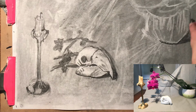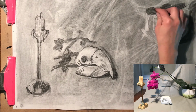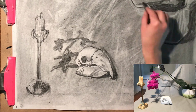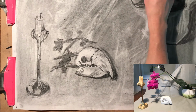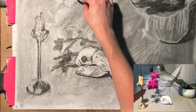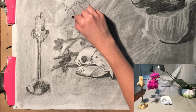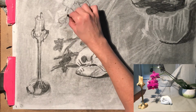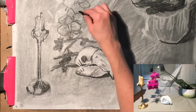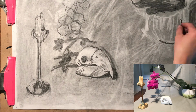So now I've sped the video up even more. This is all just me laying in basic values with the vine charcoal still. I'm covering the whole drawing with the same tool. So rather than, for example, starting on the macaw skull and then finishing it, I want to treat the whole drawing to the same level as I go. So I'm getting in all of the major components and making sure that my scaling is fairly accurate and